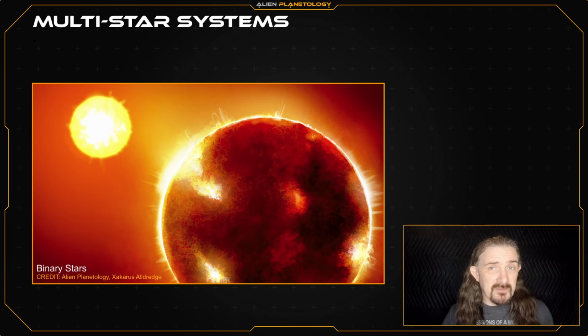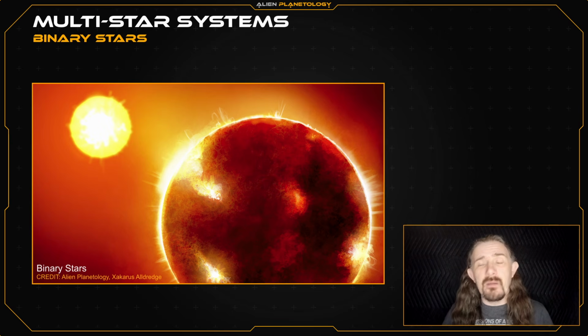It's possible to have systems with 5, 6, or perhaps even up to 10 stars, but the more stars in the grouping, the more complicated the orbital dynamics and the less stable the system will be on billion-year timescales. To build realistic multi-star systems, it's important to understand how such systems form. In this video, we will start with binary systems, as they are the most common type and are key to